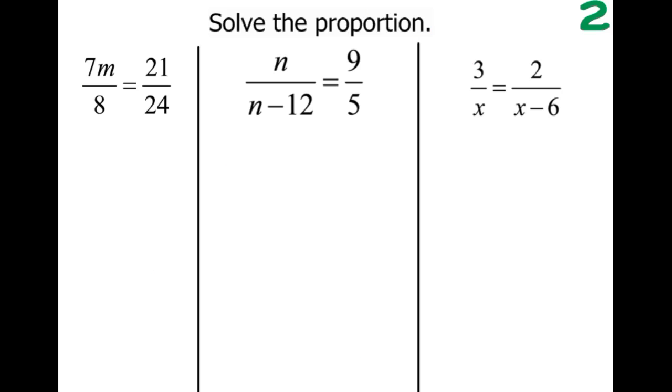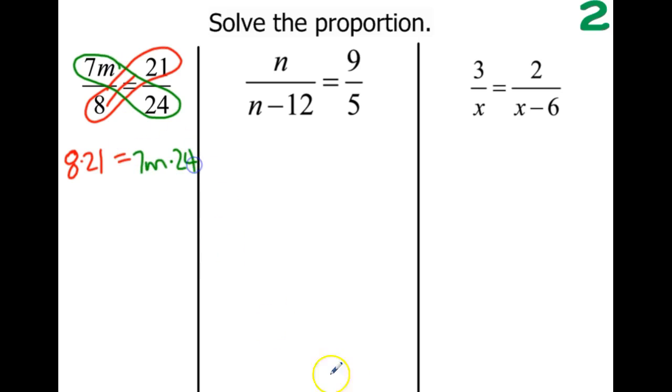So here are some proportions that are already set up. We just need to cross multiply to solve them. So first, it doesn't matter which cross you do first. I'm going to do the one that's just numbers. 8 times 21. And set it equal to the other cross, which is 7m